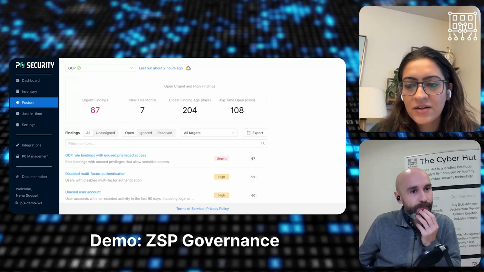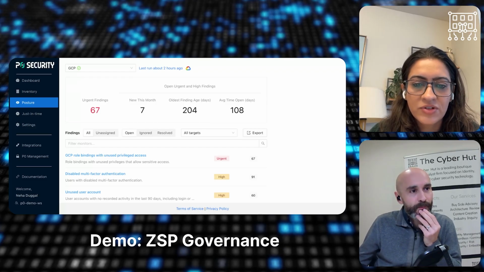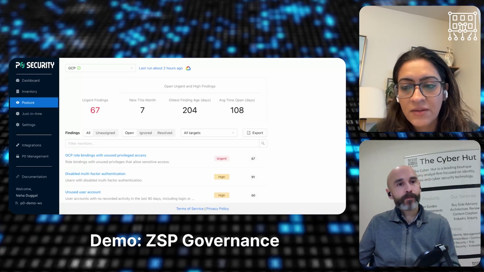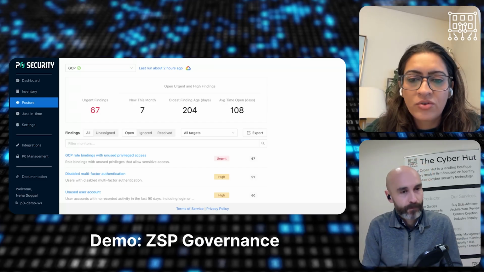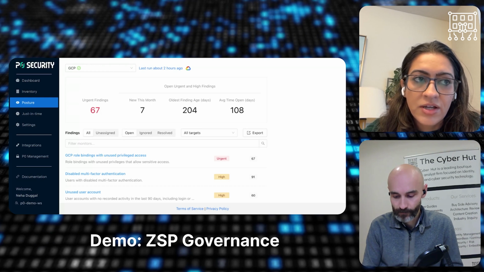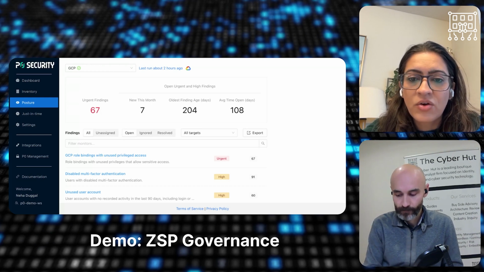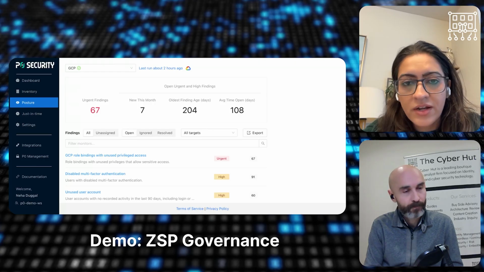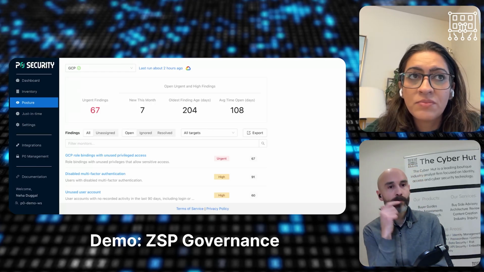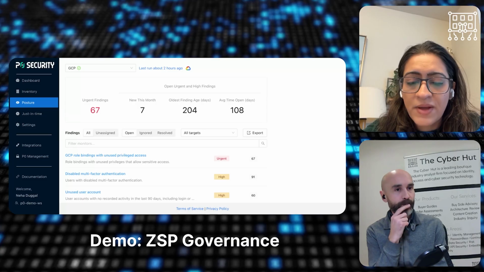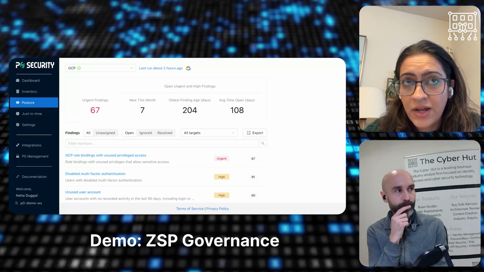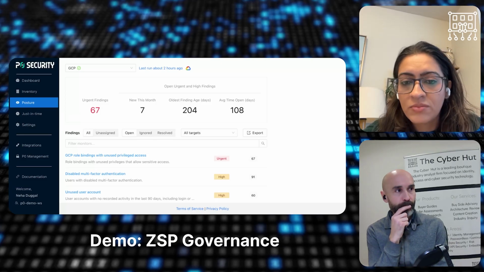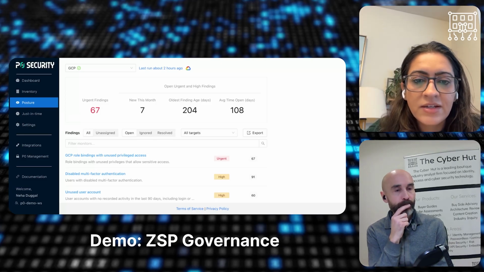The truth of the matter is, companies are struggling to maintain zero standing privileges at scale, and that's primarily because you have siloed tools, one to do just-in-time access, and then other tools that show you the posture of your product or the standing privileges within your product. And what P0 does is we bring together all of that information in one place. So when we are connected to your cloud environments, we are able to build complete access paths that we see for all of your resources mapped to every single identity, whether that's a human identity, non-human identity, or agentic identities now.